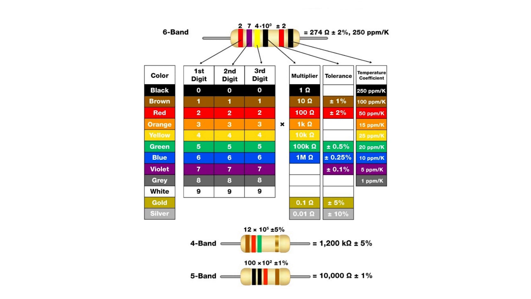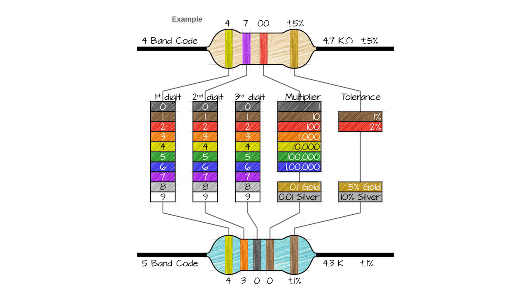Similar to the 5-band resistor, the 6-band also has 3 digits, first, second and third, with different colors as mentioned previously. Again the multiplier, tolerance and the temperature coefficient. So totally 6 color bands are available. The rest of the calculations are similar to the 5-band resistors. Calculations of all colors in all bands are the same. Only the number of bands will differ, depending on the values.